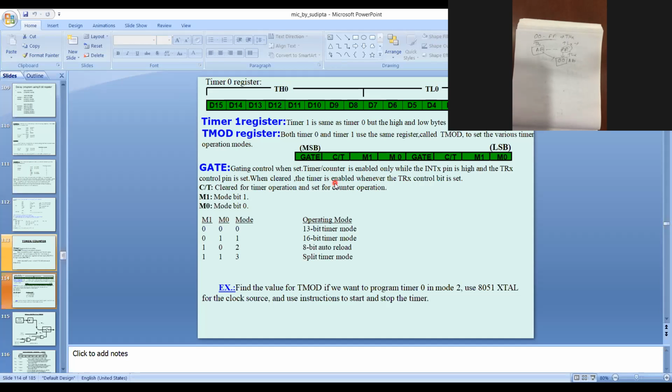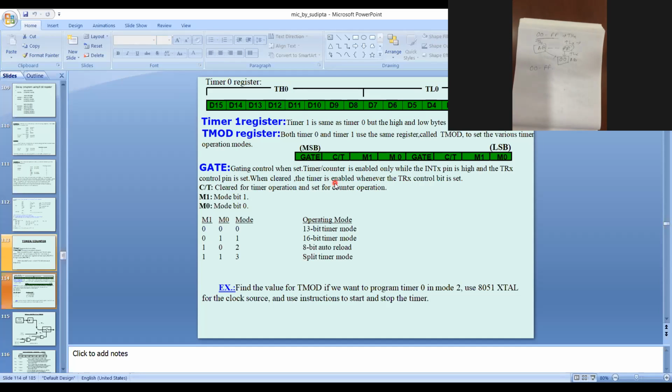Next is mode 3, that is called split timer mode. Split timer mode also counts from 00 to FF.